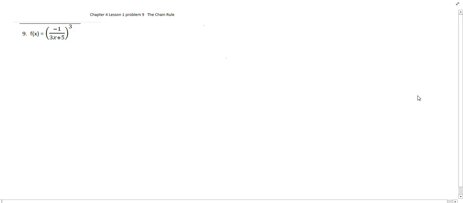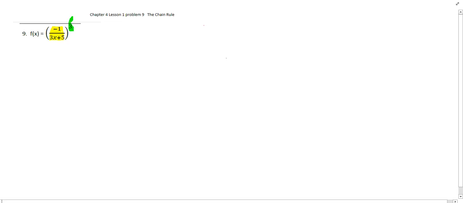Alright, here we have problem number 9, and I chose this problem to show you because this problem becomes a lot easier if you simplify it. And I would like to point out, well, first of all, that this is a chain rule problem because you have this inner function, this negative 1 divided by 3x plus 5, and you're raising it to the third power right here. So the power rule